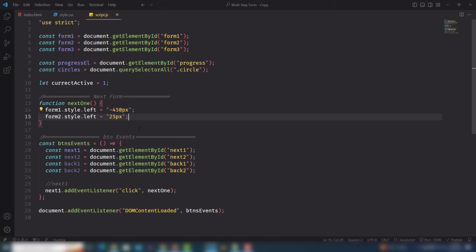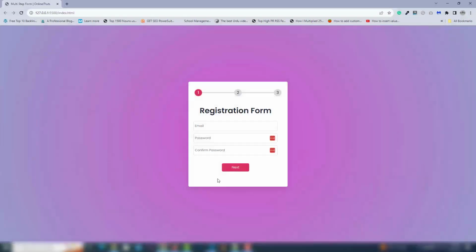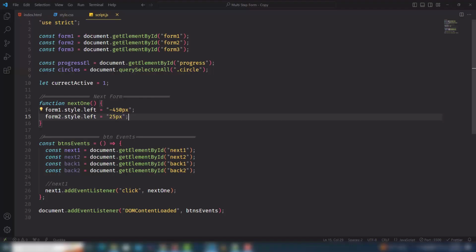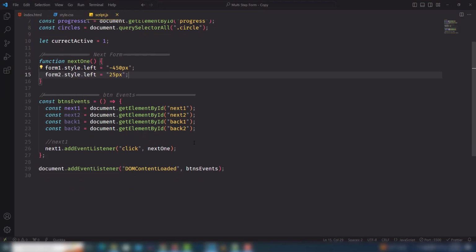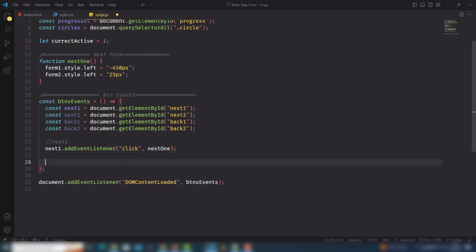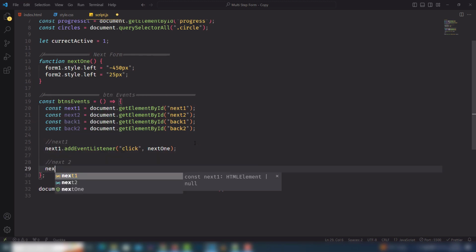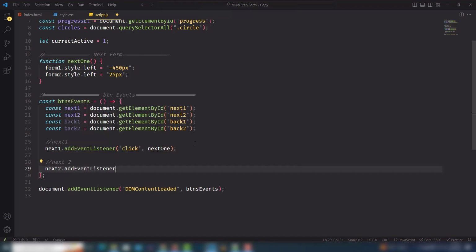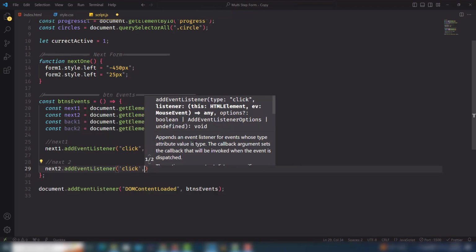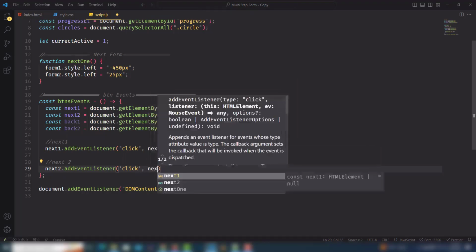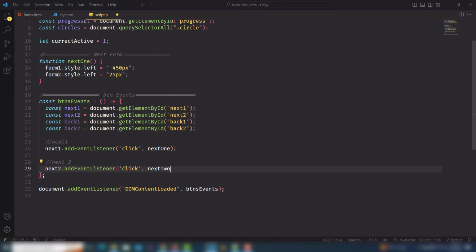So, and yeah, I need to check it's working or not. Click on that. Yeah, it's working. So let's work on the next, this one button to move that in the next one. So next two, so select the next two, add MLS now, click event, and I'm going to use next two. This is my,